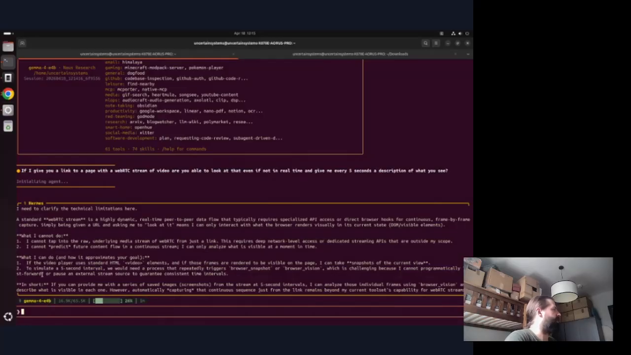To simulate a 5-second interval, we will need a process that repeatedly triggers browser snapshot or browser vision, which is challenging because I cannot programmatically fast forward or pause an external stream source to get inconsistent time intervals. Doesn't have to be consistent. I just need you to